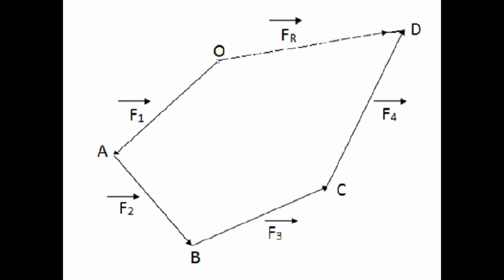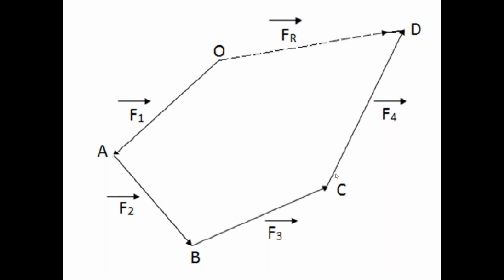There is no closing side. Already the polygon is closed. Since the polygon is closed, there is no closing side, so there is no resultant force. So if the polygon due to these four forces is a closed polygon, for that closed polygon, the resultant force is 0. What is this resultant force? It is the closing side of the polygon.